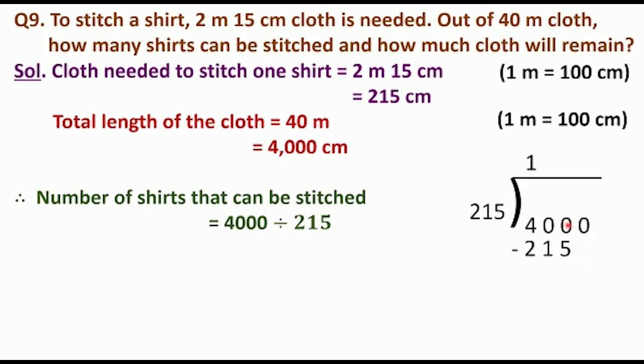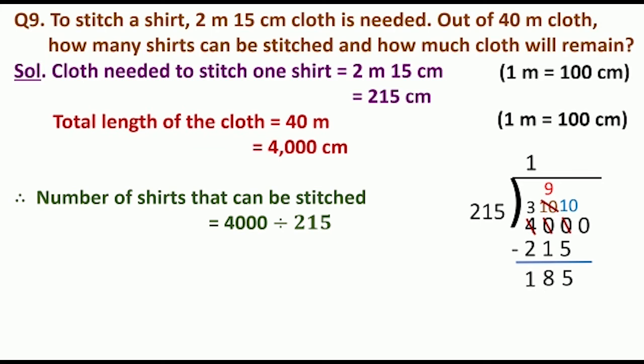So this 0 will borrow from this left side 0. Again this 0 is not having anything, so it will borrow from this 4. So this 4 will become 3 and this 0 will become 10. As it has given this 1 borrow to this right side 0, this 10 will become 9 and this 0 will become 10. Now 10 minus 5 will be 5, 9 minus 1 will be 8 and 3 minus 2 will be 1. So here 185 is left out.